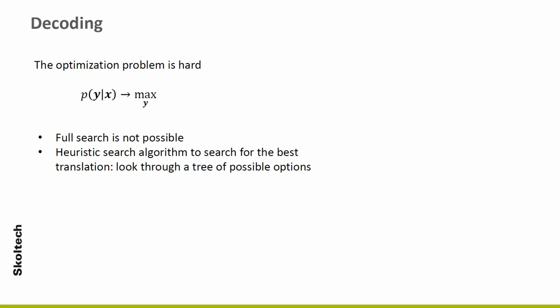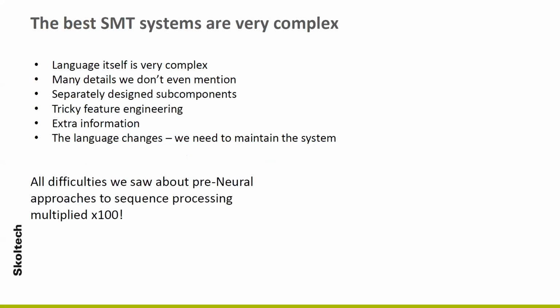So it's like y1 as the first word, and the second word given the first and x, and so on. So when we do something in a greedy way, it's very highly probable that we will miss some interesting solutions that we really should look at. So that's another problem here, and this is not all the problems. I wouldn't mention all of them, but we can say that, okay, such systems existed and they kind of work,